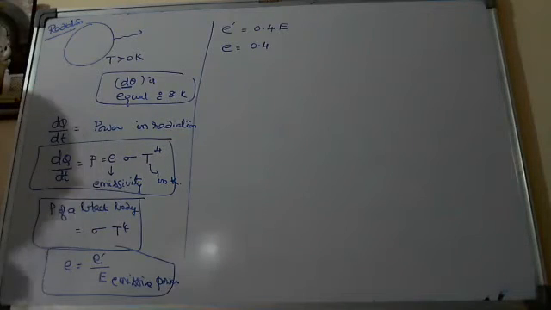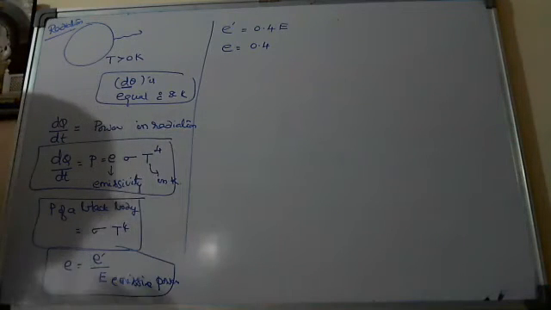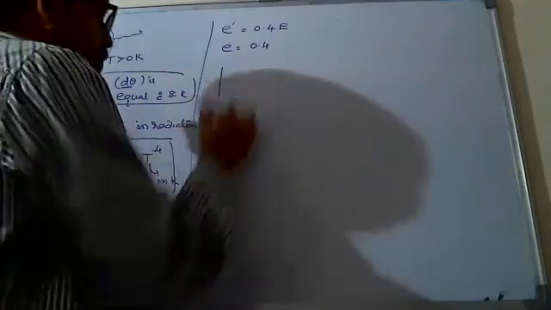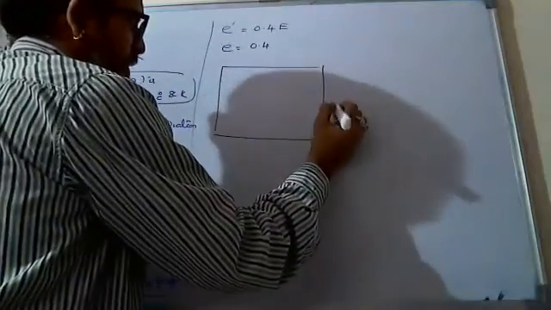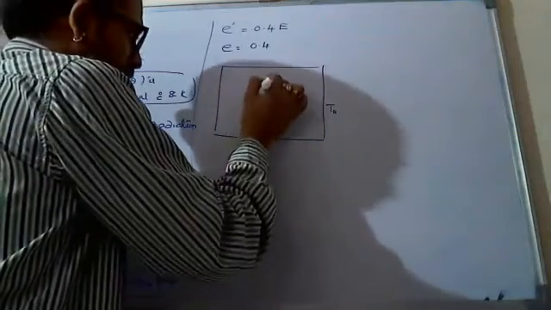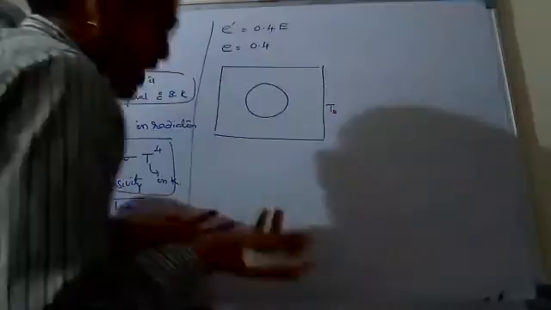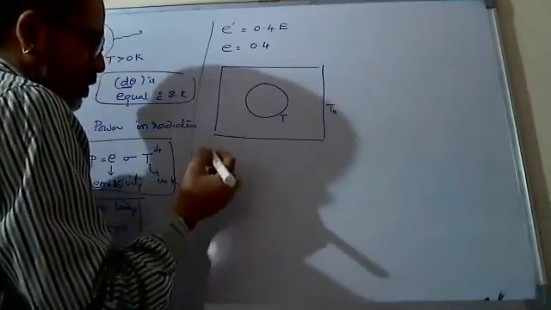And here, this radiation power, suppose the body is losing some amount of heat when it is placed in surroundings. Placed in surroundings means suppose these are surroundings maintained at a temperature T naught, and a body is placed inside. Better you consider it as a black body, even though it is not a black body, no problem. It is at a temperature T.